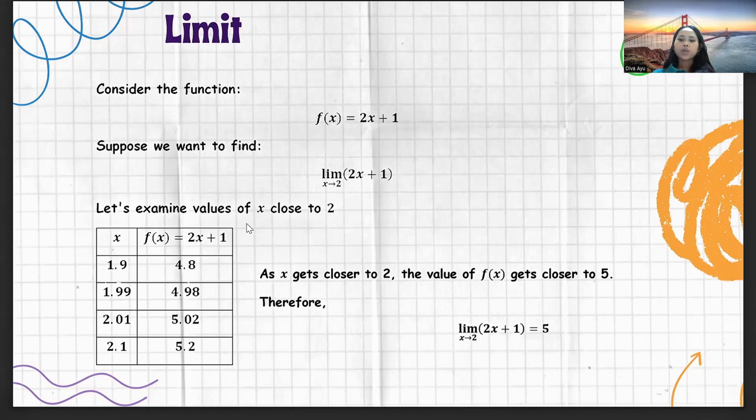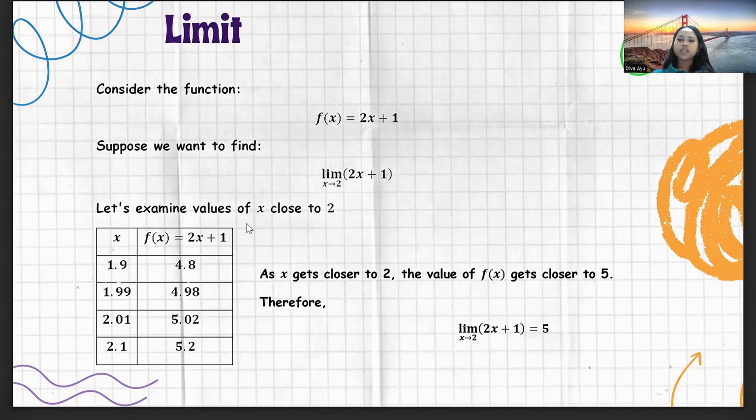And finally, when x equals 2.1, the function value is 5.2. As we can see from the table, the function value becomes closer and closer to 5 as x approaches 2 from both sides. Therefore, we can conclude that the limit of f of x as x approaches 2 is equal